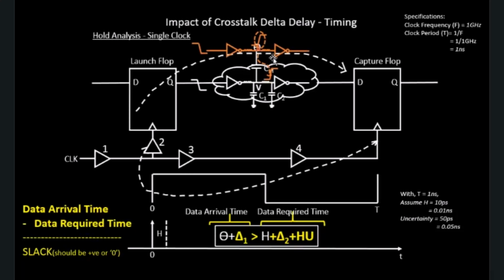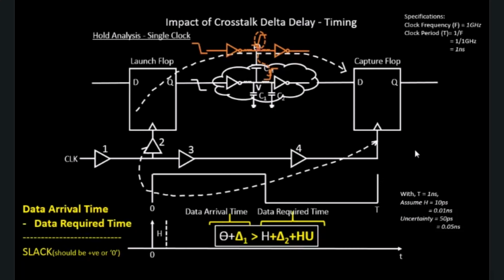So we have the same circuitry, we have the inverters over here, and this particular net is the aggressor, and this one is the victim. This aggressor is creating an impact on the victim. It's changing the slew of the victim, and as a result it makes the delay of this cell faster. Initially the delay was, let's say, theta. Now the delay of this combinational logic, because of this aggressor victim interaction, will be theta minus some delta.